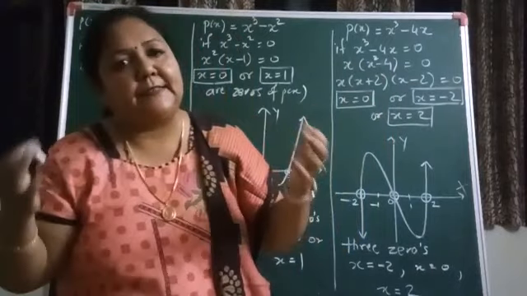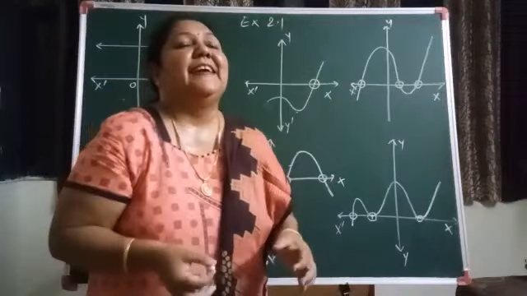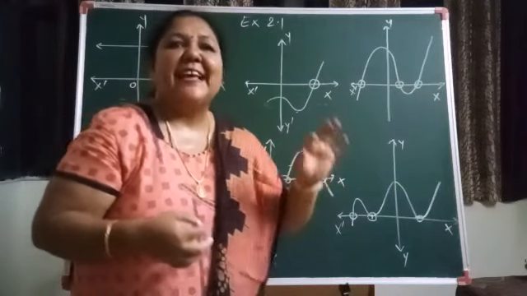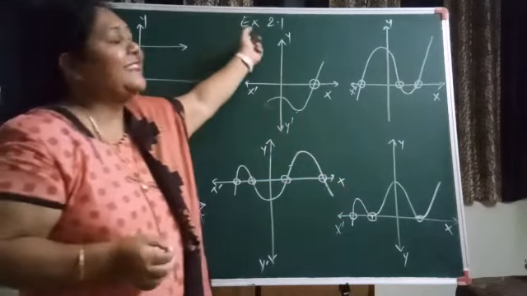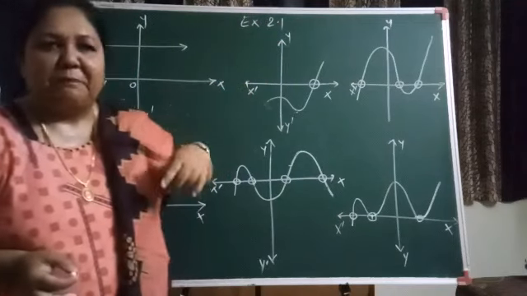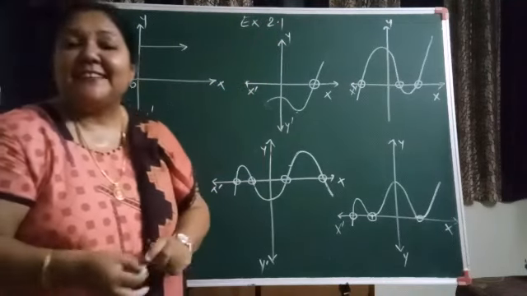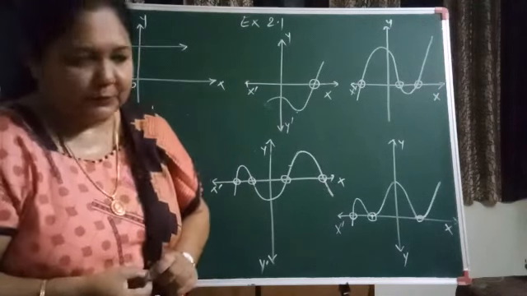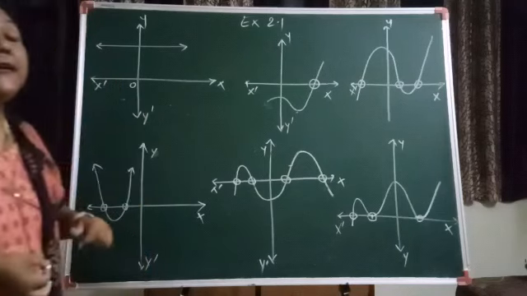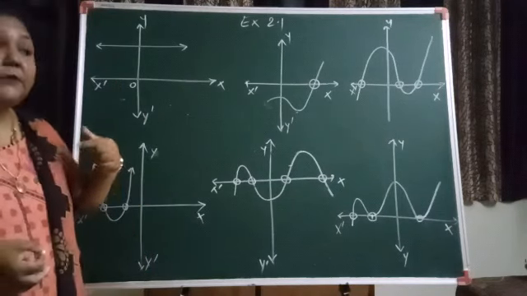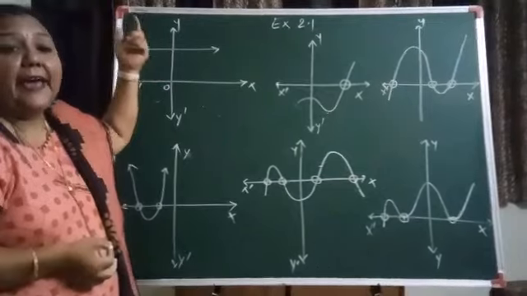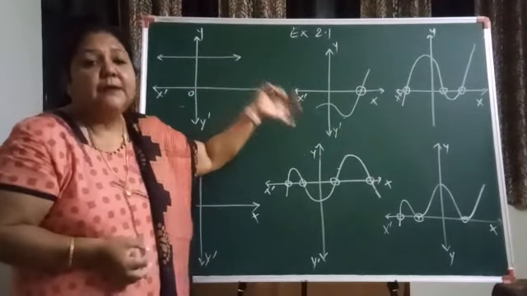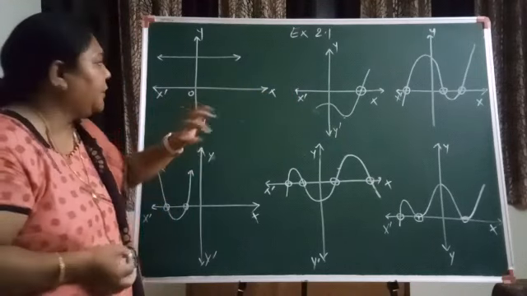So let us see the next exercise। Okay, so you saw the different type of zeros, the different type of polynomials, and now you are going to deal with exercise 2.1। So what does the exercise ask you to do is count the number of zeros। Okay, and how did I tell you to count the number of zeros? आपका ग्राफ x axis को जितनी बार टच करेगा, that many number of zeros you are going to have।